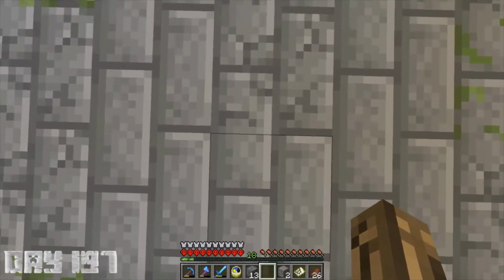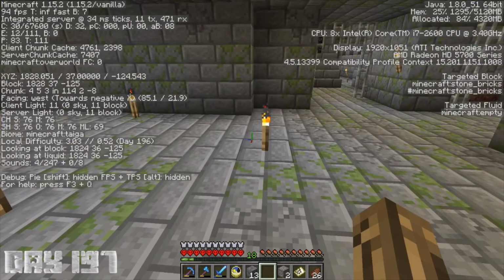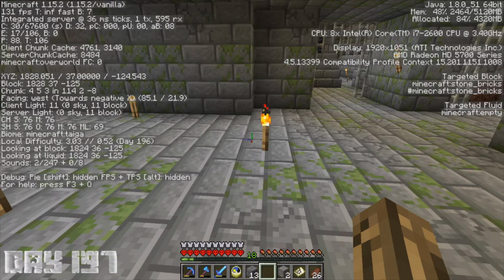This is Five Finger Tree Punch, and this is week 29 of the Hardcore series, and we're starting out on day 197. So last week, I found the Ender Portal. If you see there in the background, that's right where that room is. I got my debug screen up. You can get to that by pressing F3, and I'm trying to get the coordinates,